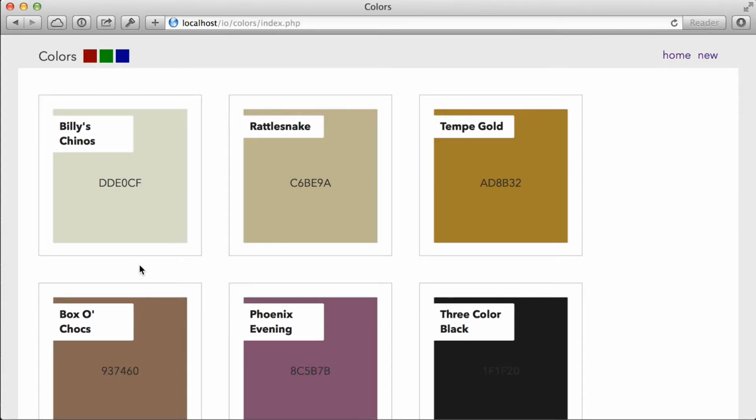For example, if somebody were to put in a color like Tempe Gold, if we were to convert that to all uppercase or all lowercase and then just do a UC words on it, we could display it exactly the same way. So we could have a standard way of having the name stored in the file. But what if somebody put in a color and they called it TCC Gold, for example, or TCC Blue, I guess would be more appropriate?